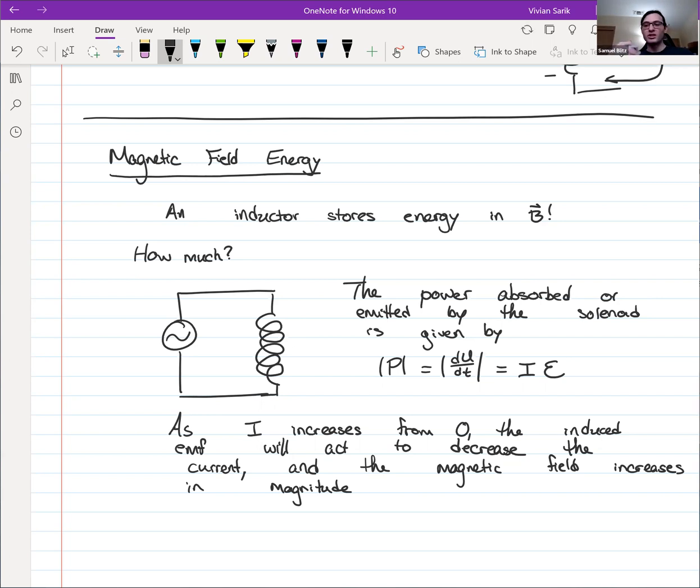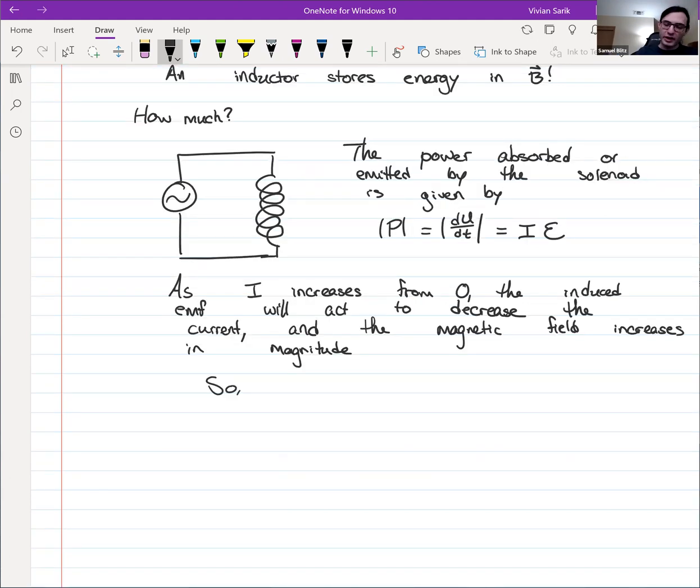And so what we can do then is we can establish that the energy absorbed by the inductor is caused by the current increasing. And the reason we know that is because there has to be some energy associated with the magnetic field. And as the current increases, so does the magnetic field. And the magnetic field increases so that it can induce an EMF to block the current flow. So this is to say that the rate of change of the potential energy of the inductor is equal to